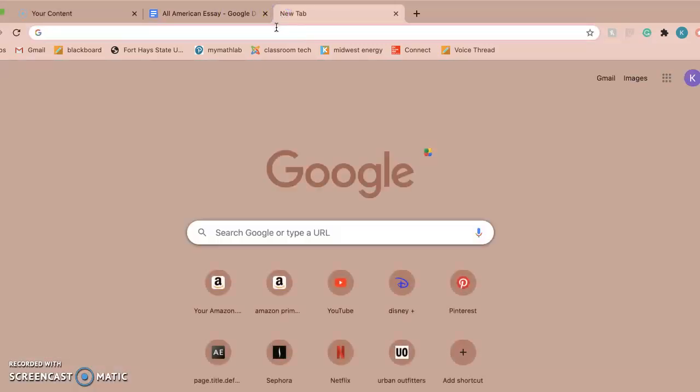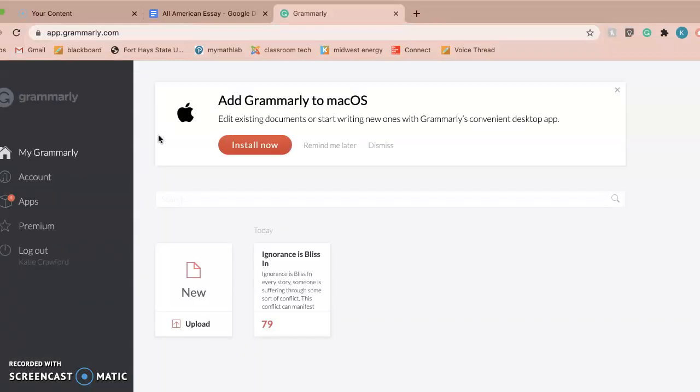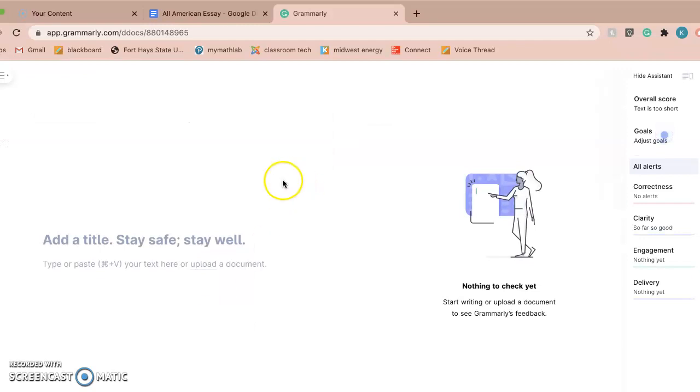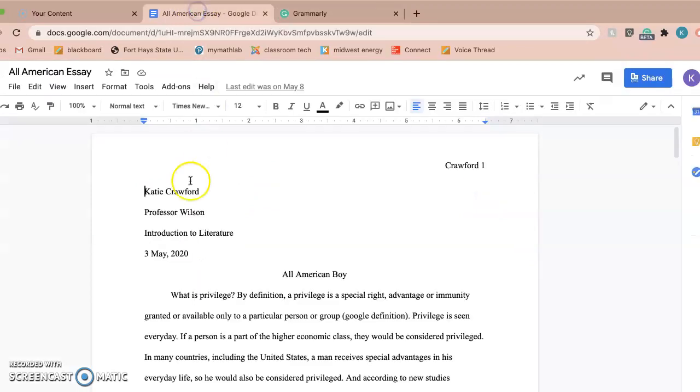First, you're just going to want to go to the Grammarly website. And if you don't already have an account, you can easily make one. There's a free option, and then you can even pay for the premium option. I just have the free option. And then what you're going to do is go to New, and then it takes you to this blank place. And you're just going to copy and paste your entire